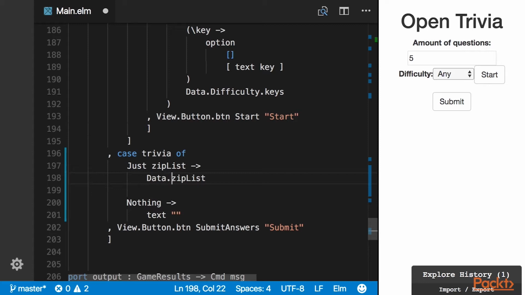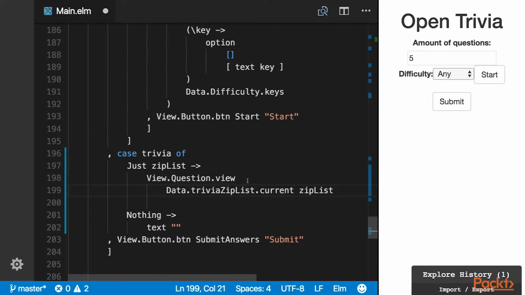So data trivia zip list current, so we're going to get the current element, and I want to render it, so I'm going to use view question view. I'm going to pass the current zip list, and the answer will be